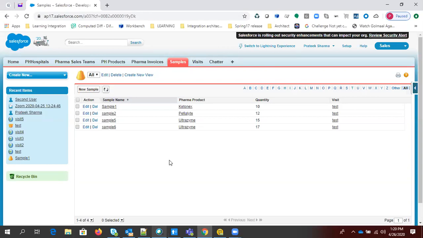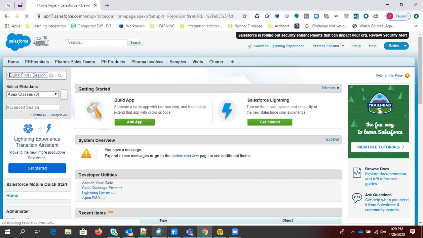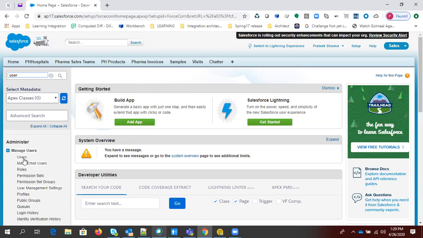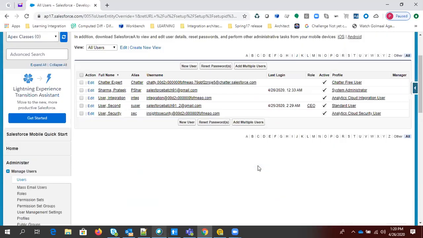So a profile is a set of permissions and you have to assign that set of permissions to a user, and a user can have only one profile. Clear, guys? So the user will always have one profile. As you can see, both the users have one profile assigned to them. As these are the standard profiles, we have not created any profile yet. So we have two users created. The first one has a profile called System Administrator and the second one has a profile called Standard User.